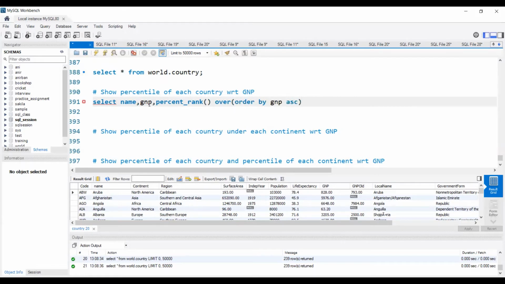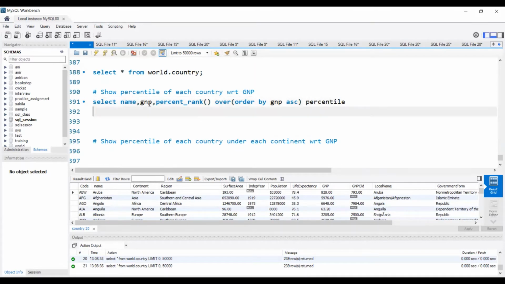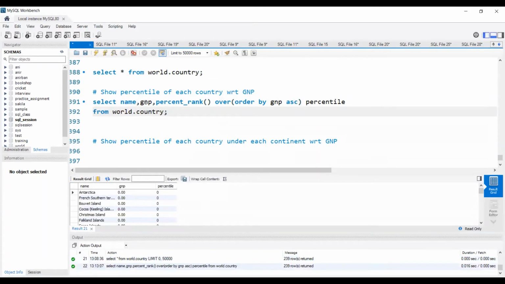Whenever we want to find out percentile, we have to arrange that numeric column in ascending order. Here the numeric column that we'll be using is GNP, so we'll arrange the GNP in ascending order. Then I'll give a name to it, let's say percentile, from world.country. Let's execute it. Now as you can see, these are the country names along with the GNP values and the